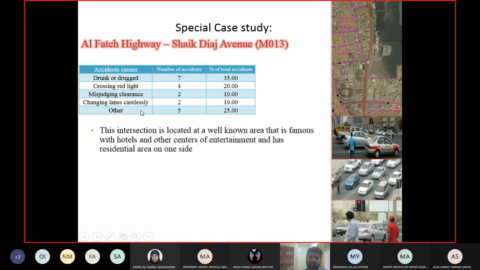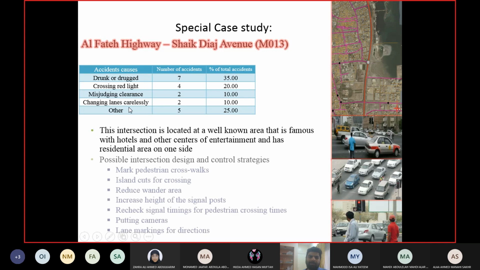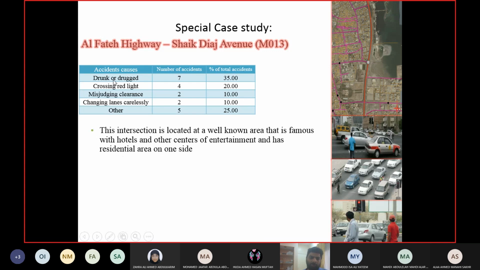Now, out of these reasons, if you are trying to eliminate them, then drunk and drugged driving is not part of our scope right now, right? What can we do in the class for a drunk and drugged driver? We can just hope that none of us is involved in that. Alhamdulillah, I don't think that any of us is involved. If you are involved in this, please leave it. Okay, so I have done my duty.